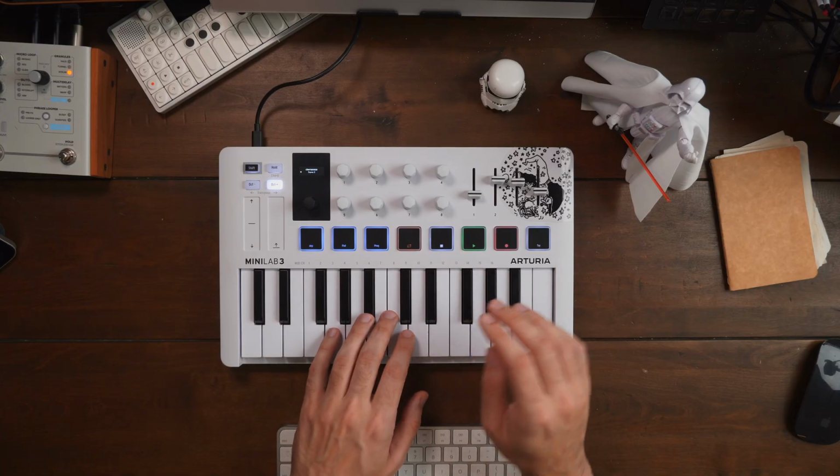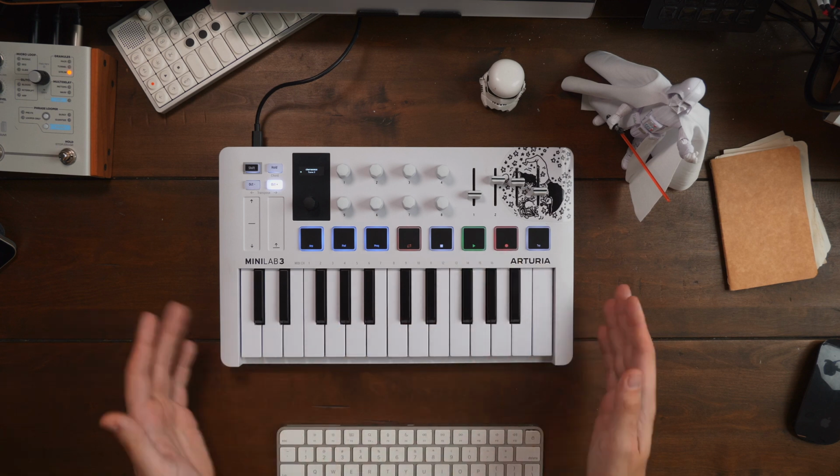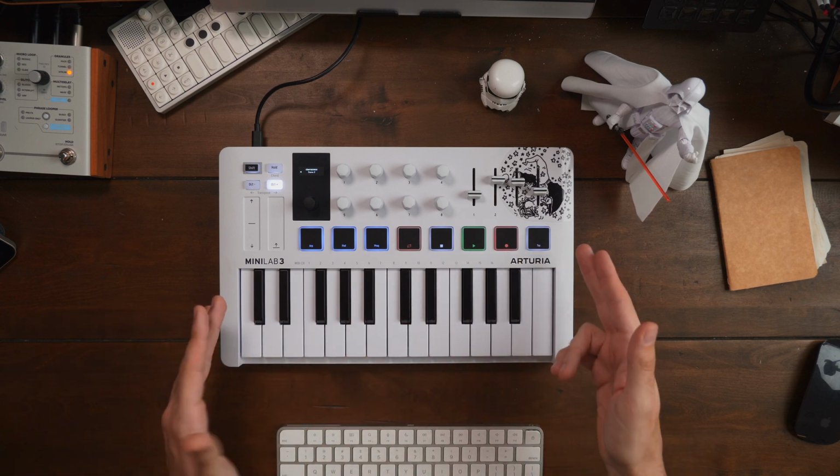One additional feature I wish this controller had was an undo button. More and more controllers are adding that. Think about it. You're adding an idea, you mess up, you have to stop, you have to hit Command Z, or you're grabbing your mouse and hitting delete on something. Well, a lot of controllers have that undo button now, which keeps you in the workflow. I can just record, mess up, undo, record again, go with this cycle. Hopefully a Minilab 4 includes an undo button. And I do have lots of other criticisms for the Minilab 3, but I'm going to tell you about those